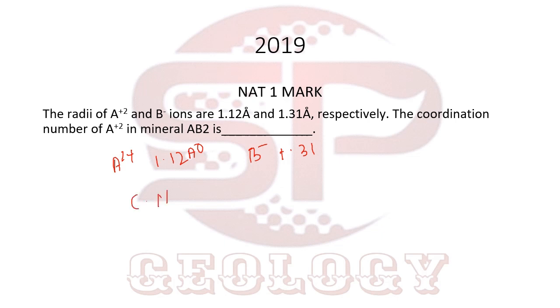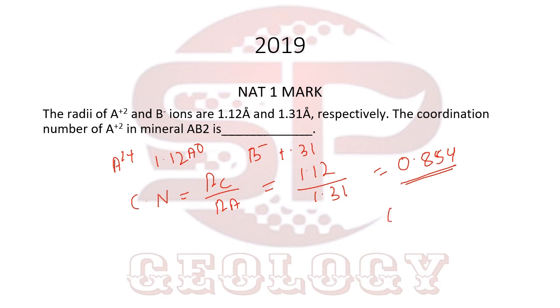So the coordination number is determined by the radius of cation divided by the radius of anion. The radius of cation is 1.12, the radius of anion is 1.31. So 1.12 divided by 1.31 will be 0.854. For this question you have to remember the radius ratio, and from that you will know the coordination